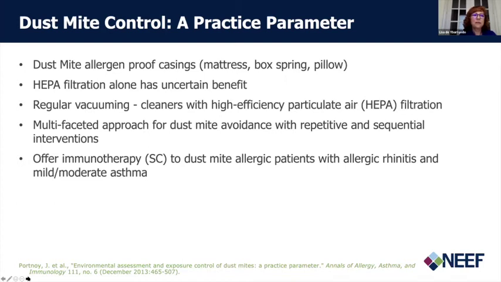So, continuing the recommendations, dust mite allergen proof casings, those are the impermeable mattress covers that I talked about, are important, and they are a good bang for your buck. They can be very inexpensive. I've seen some online through Amazon that you can buy for your twin mattress, a regular standard pillow for less than $4 for the pillowcase, and for the mattress, less than $12. You can also buy more high-end ones that are made out of silk, and those can run you a couple $100 if you have a king-size mattress.